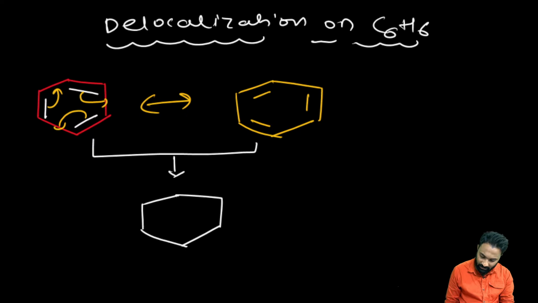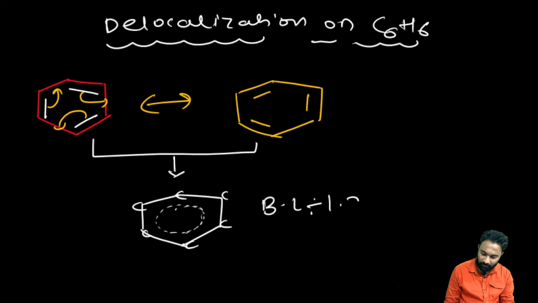Now the actual resonance hybrid for benzene will be in this manner. Now this is the actual resonating structure of benzene. Now how did they get to know the actual structure of benzene? Regarding bond length, they have found that all the carbons, this carbon and this carbon and this carbon, all the carbons' bond lengths are the same,